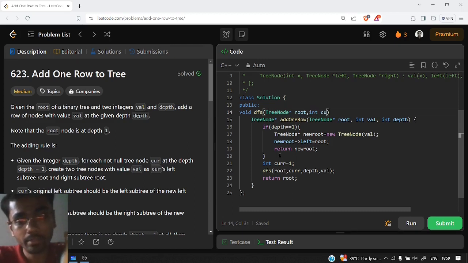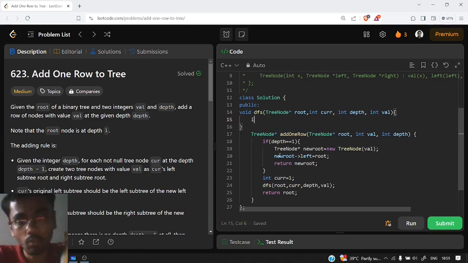It will be current, then it will be depth, then it will be well. Now what is the base case? Obviously if root equals null, then we will return.